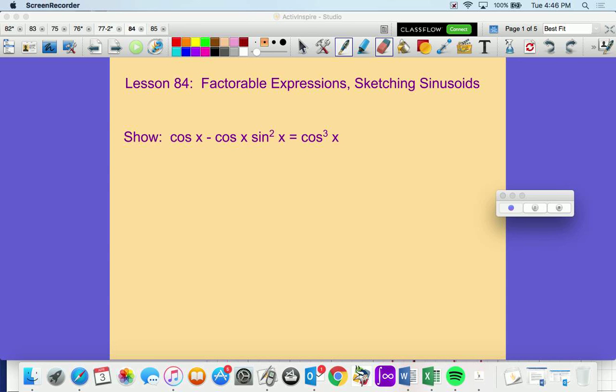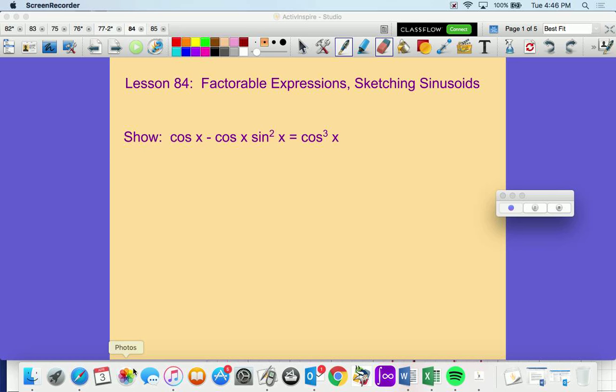Lesson 84. Today we are going to do more of your favorite proofs using trig functions. And then we're also going to sketch some more sine and cosine graphs. A little bit more complicated stuff today. Okay? Do remember with these, you cannot cross the equal sign. With this one, I don't even know if I would be tempted to, but just remember that you're not